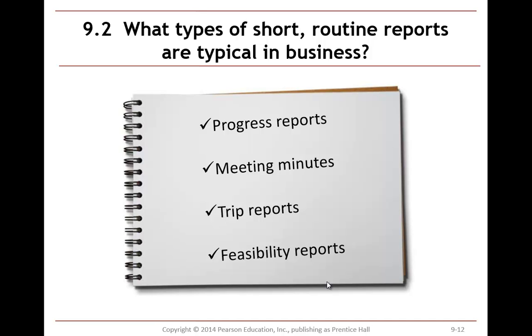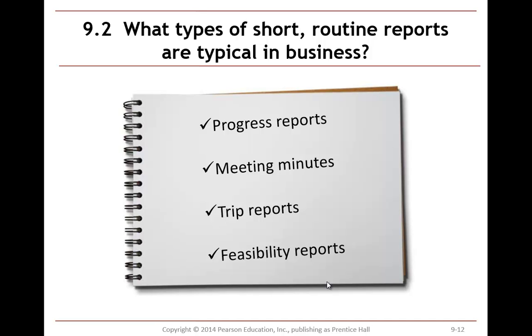In 9.2, we discuss what types of short, routine reports are typical in businesses. Most day-to-day business reports are short, less than 5 pages, and written in email, memo, or letter format. This section provides guidelines for 3 types of information reports that are usually short: progress reports, trip reports, and meeting